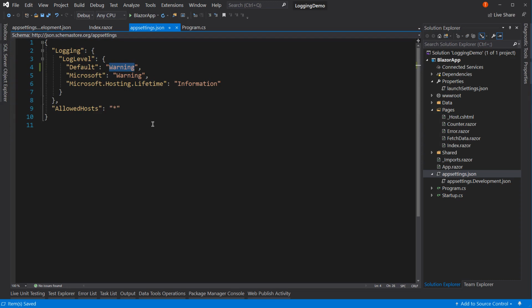This is a great way to debug and test or diagnose your issue. This is also something you'd use for things like services, where a service is running, but something weird's going on. Well, you can turn that logging level to information or even debug or trace and get more information about what's going on. Now, there's a lot more we can cover with logging,